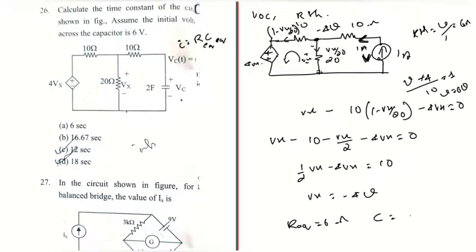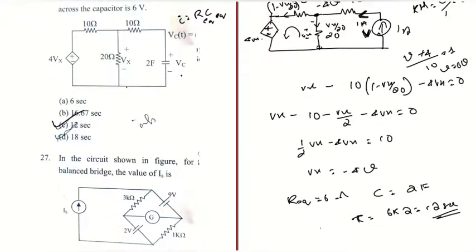So C is given in the question, it is 2 farad. So tau is equal to R equivalent into C, that is 6 into 2, which is 12 seconds. Okay, now let's move on to the next question. The next question,